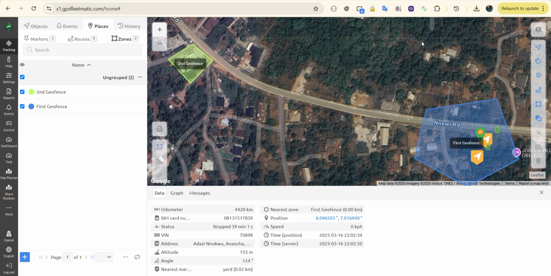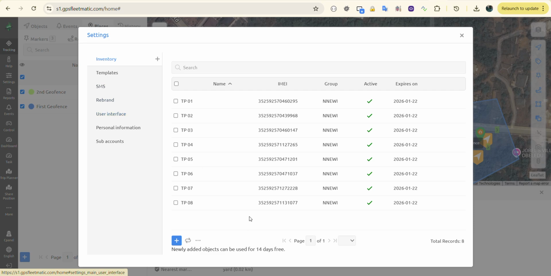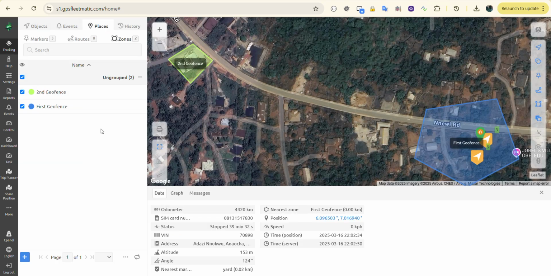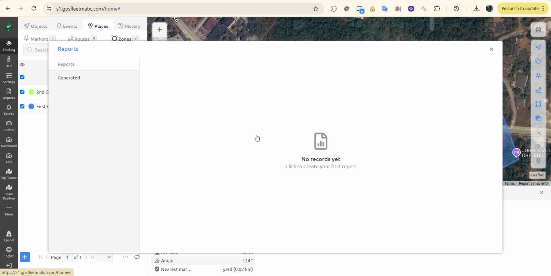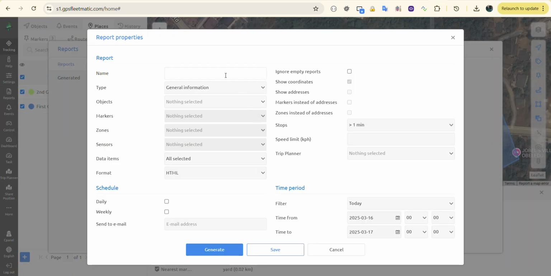So, for example, we take Geofence 1 or the second geofence as a case study. Let's start with 1. I just created the geofence a few seconds ago, and I can generate a report which will allow me to know if a historical geofence event occurred. So when I go to reports, sorry, I'm under settings, I go to reports and I create a report again. And the report I want to create is